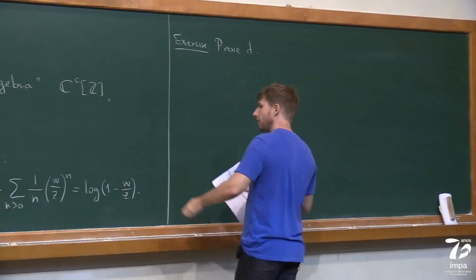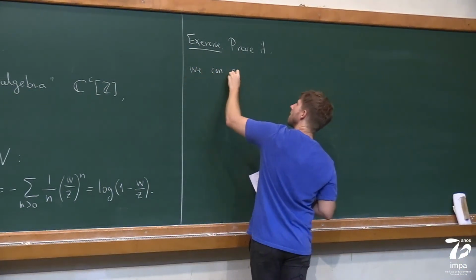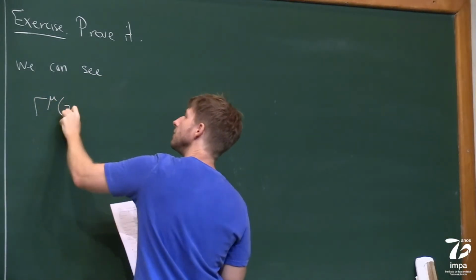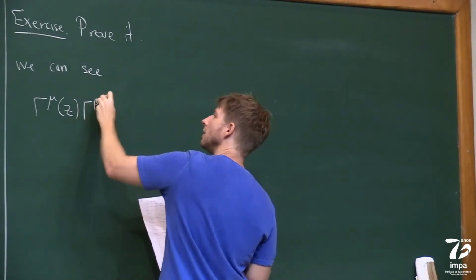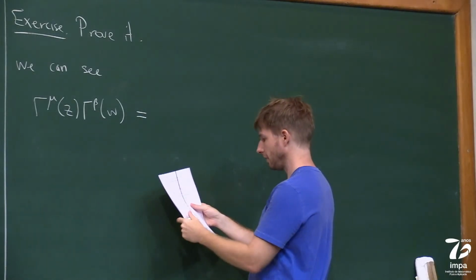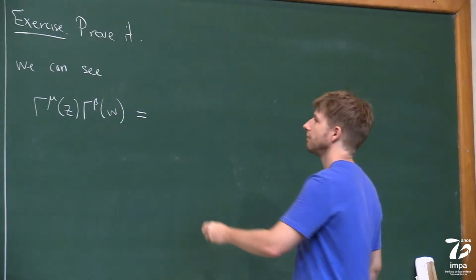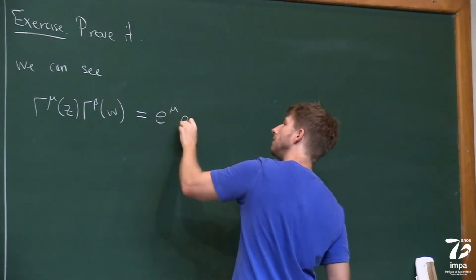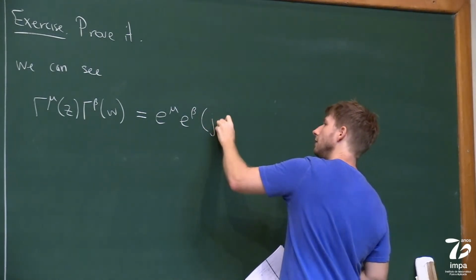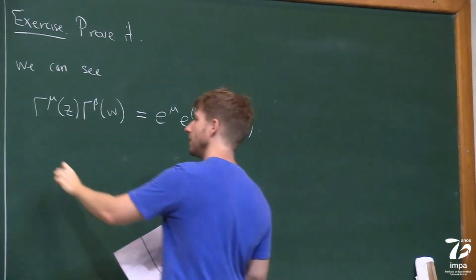And using that, we see that if we multiply gamma mu of z with gamma of beta, then we get a bunch of stuff. And if we multiply in the other order,